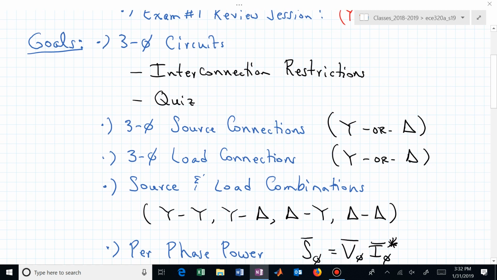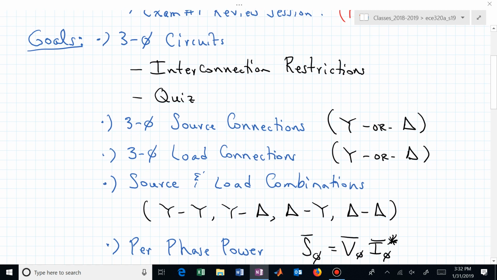Today what we want to do is continue with three-phase circuits, or three-phase material. That's chapter 11, and actually that will be all on exam number 1. I was asleep at the wheel when you asked that question before, but all of three-phase will be on exam number 1. It won't be split between exam 1 and exam 2. Single phase and three-phase power will be exam number 1.